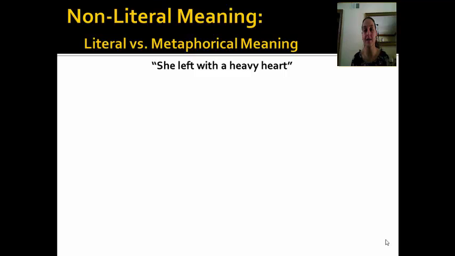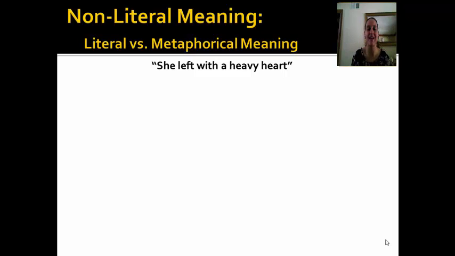If we think about hearts not being literally heavy, but the abstract idea around a heavy heart, we can interpret the meaning of the sentence to metaphorically mean something sad, right? So in metaphor, the piece of the sentence that is not literal, that's figurative, has its meaning extended beyond its primary sense to describe a reference that bears similarities to the word's primary referent. Okay, so if you think about this example, we are meant to see the similarity between the